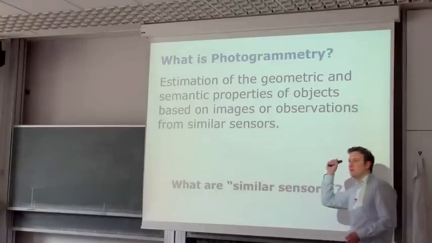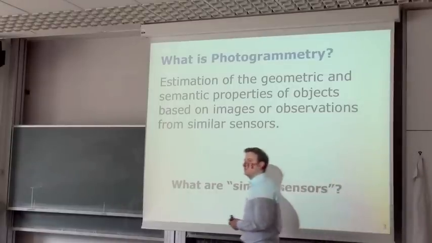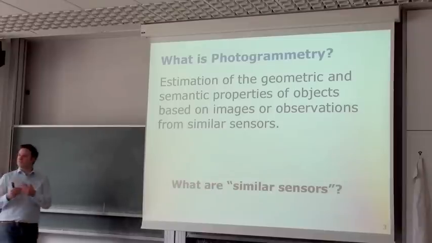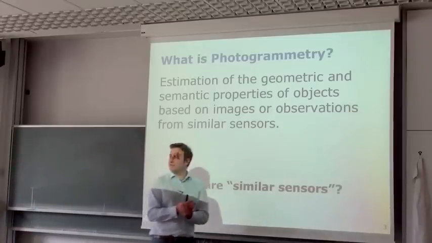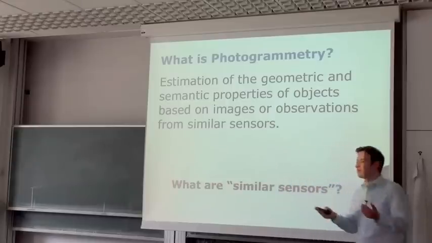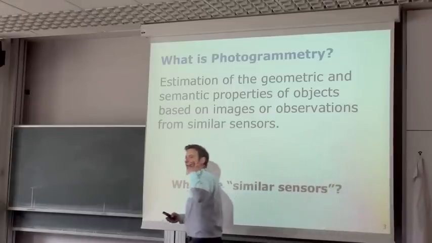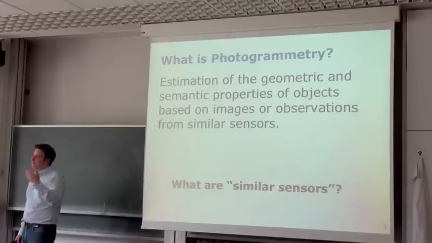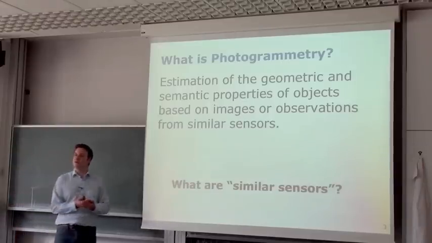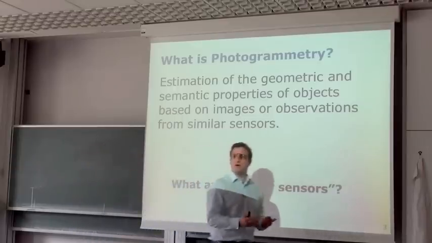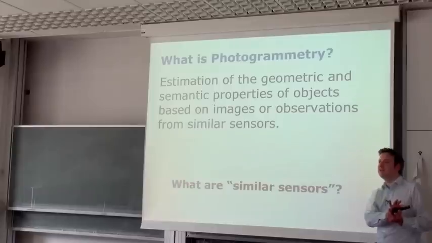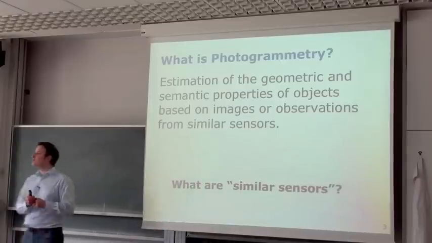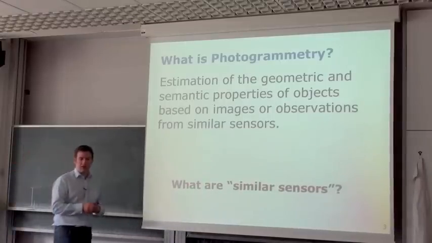Think about your mobile phone. What makes your mobile phone special? It can record videos. So videos are basically streams of individual images which are taken one after the other with whatever, 25 frames per second or 30 frames per second or even more. So we get multiple observations of the same scene, so we can actually exploit that. For example, if we have a still scene and the camera doesn't move, we take multiple images. We can actually combine those images to increase the quality of the images. Or we can actually move the camera and get multiple images of the same scene from slightly different viewpoints. And this allows us, for example, to estimate 3D geometry or estimate changes over time in a scene. These are all things that we can actually use for video